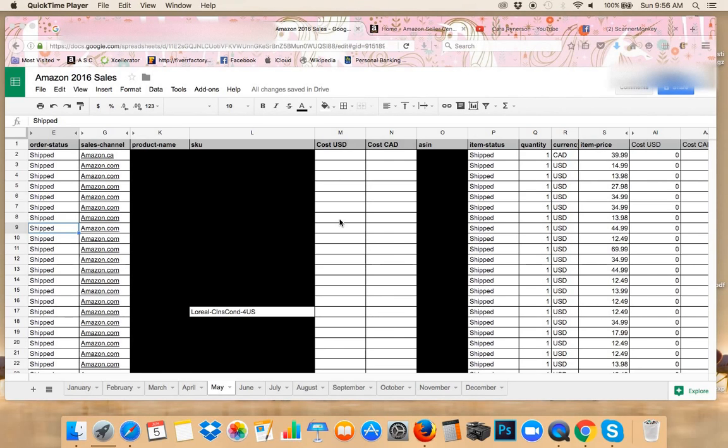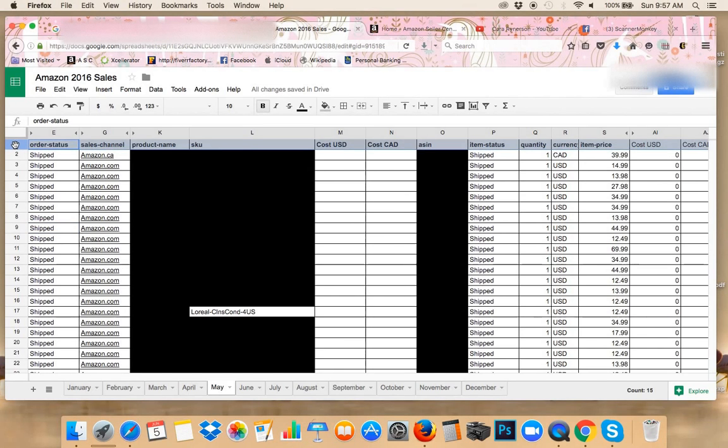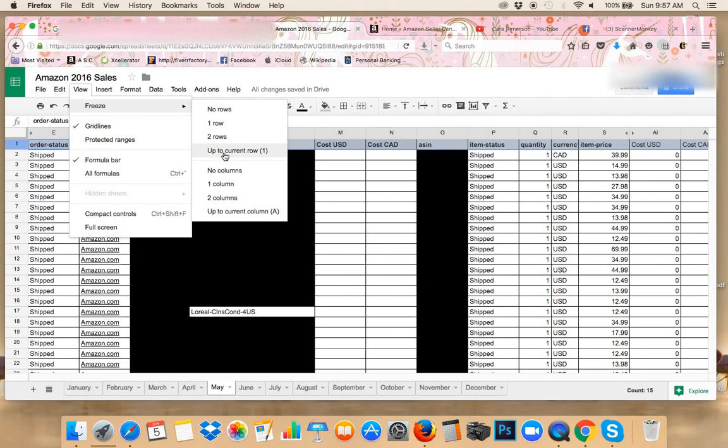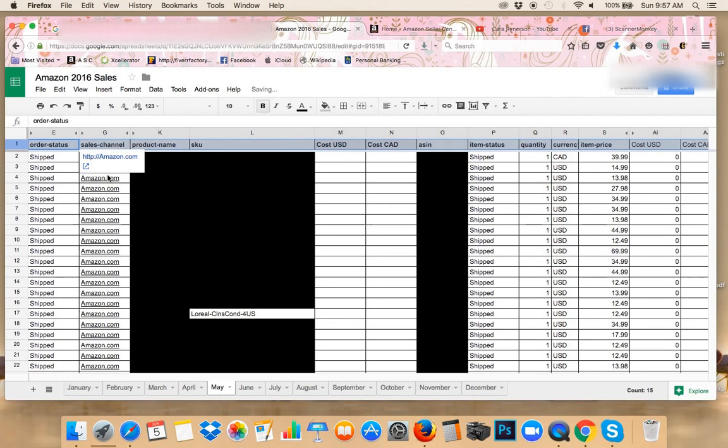I've taken the sheet that downloaded on my Mac into Numbers and moved it over into my Google Drive. I've done a little bit of formatting already, but I'm going to go over that with you very quickly. One of the first things you want to do is highlight this top row, and you want to get that frozen so it doesn't move around. And depending on what program you're using, you're going to do that a little bit differently, but that's really, really